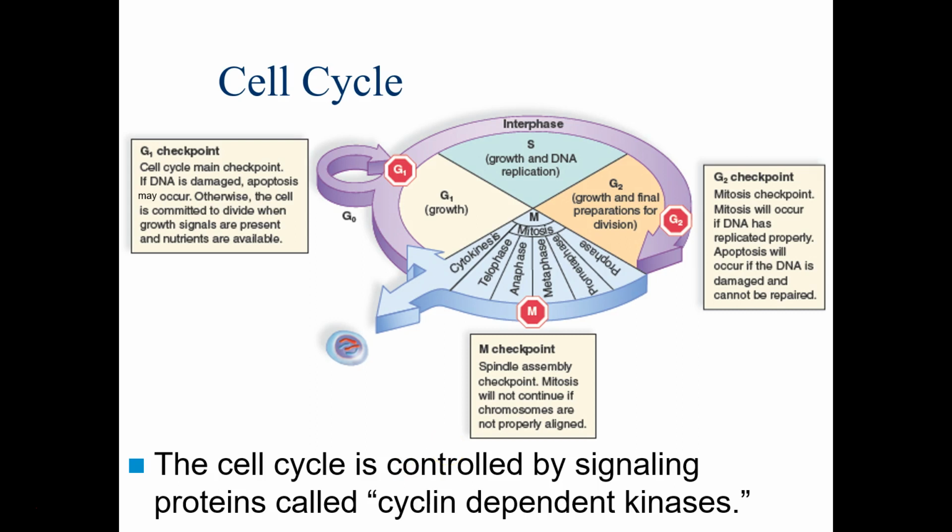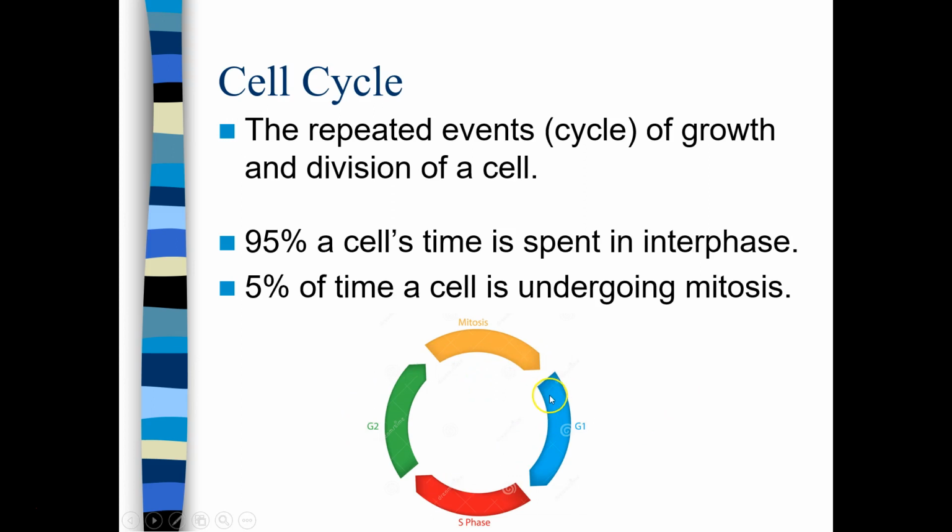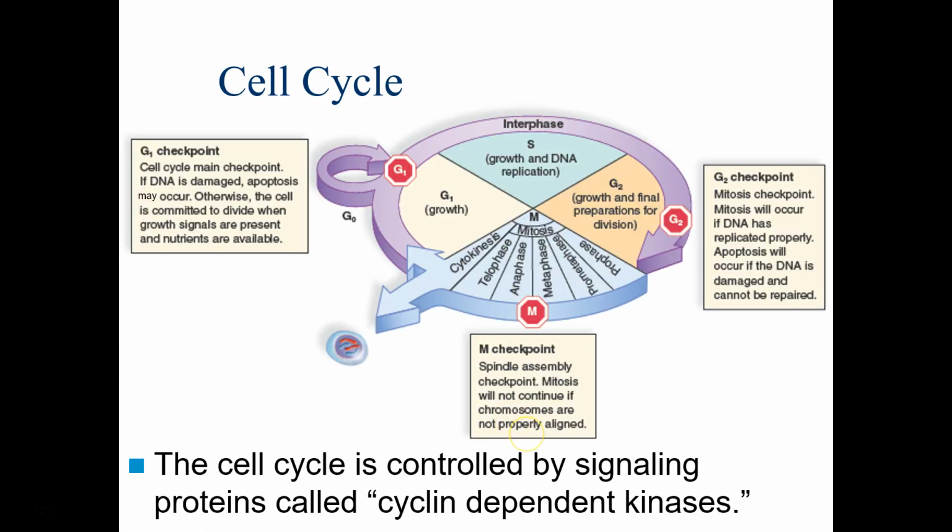Now, the cell cycle, obviously that's a very simplified version. And again, the more we learn about it, the more we have to go into a bit more detail. Now, again, we still have broadly the same thing. We have interphase, which is G1, S, and G2. And we also have mitosis. Mitosis can be broken up into 5 different phases and is finished off by a process called cytokinesis. But that's prophase, prometaphase, metaphase, anaphase, and telophase. But these are not the focus of today's talk.